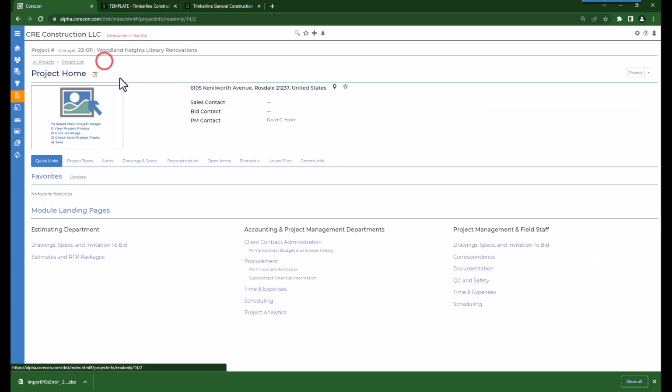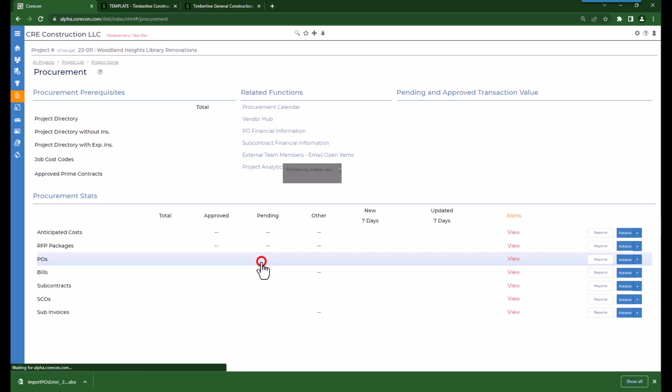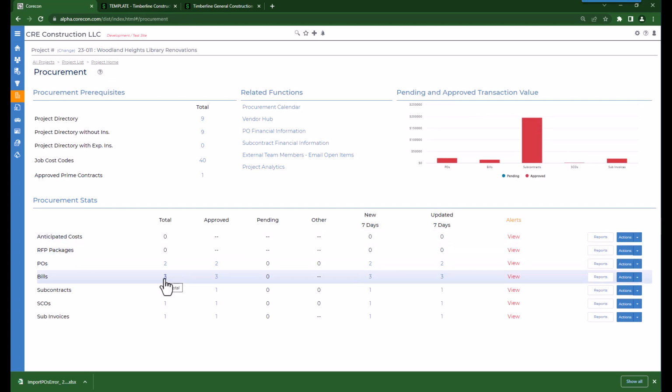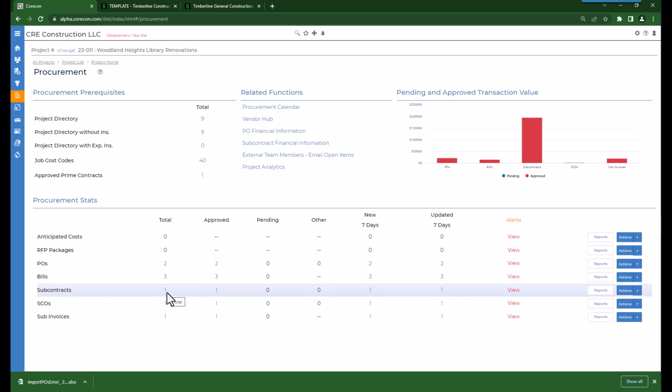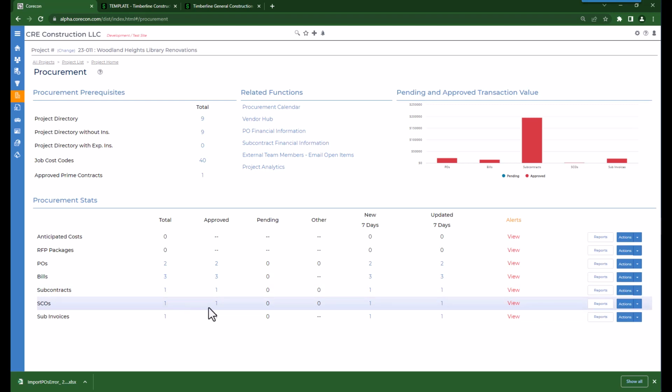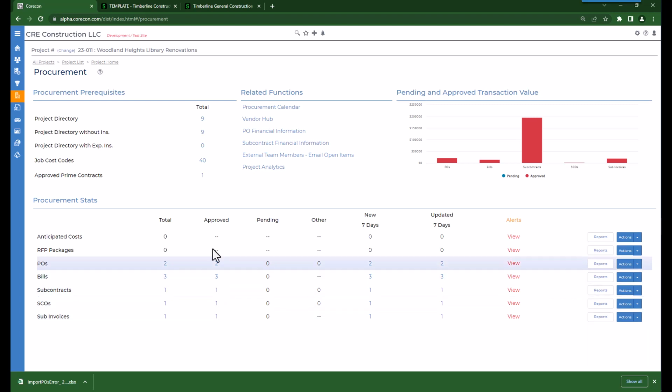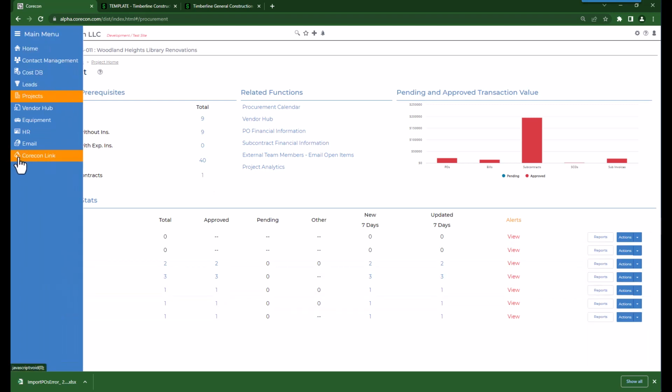Next, we'll go to the procurement, and we've created 2 new and approved purchase orders. There are also 2 bills that are related to these purchase orders, and 1 bill that has no PO. There's a new subcontract, a new subcontract change order, and a new sub-invoice. All have been approved. To initiate the posting process, we're going to go to our CoreconLink,